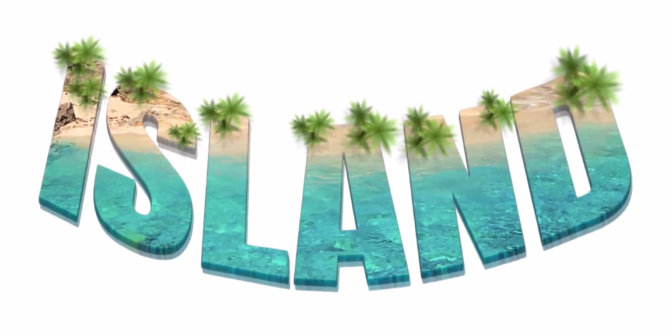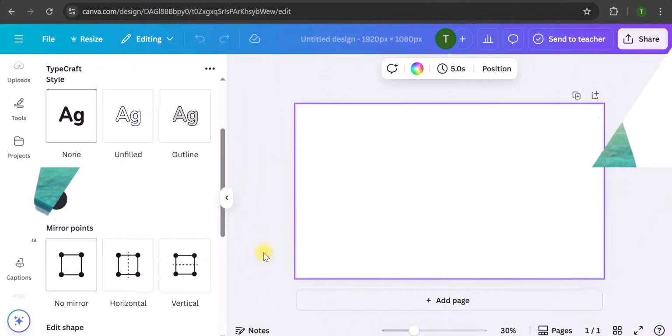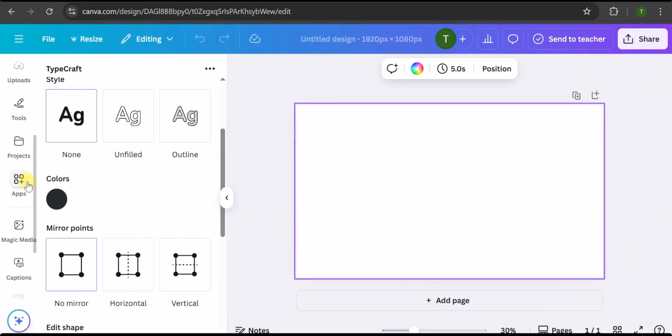So this is the typography 3D text we'll be creating today in Canva. To get started in creating our typography 3D text in Canva, first you go to this left section and you scroll down. We're going to be using this application here, Typecraft, this one on the left as you can